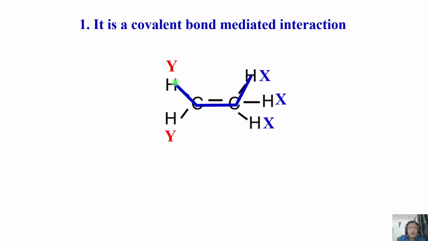You may ask me a question: what about this proton and this proton? They are nearby in space. No, there is no direct transfer of magnetization through space. This covalent bond mediated interaction, scalar coupling, has to be only through covalent bonds. If it is through space, there are examples, one or two. I will come to that later. There are deviations like this, but the majority of the time, the basic rule is: remember, it is mediated through covalent bond. This is the first point.